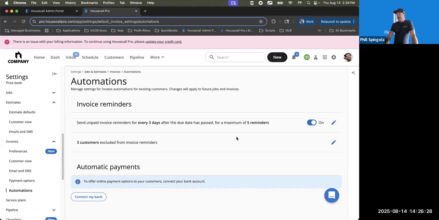But that's it in terms of the default settings. I guess we have a lot of time here. I think what I'll do is I'll just show how we can make these quick changes on the fly. So I showed you how to set up your defaults. Now I'm going to show you in real time if we want to make any changes. So if we are looking at an estimate,